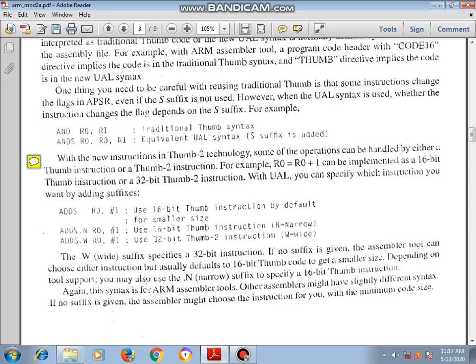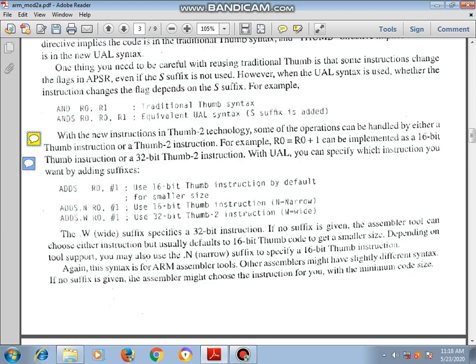Next, with the new instructions in Thumb-2 technology, some operations can be handled by either a Thumb instruction or a Thumb-2 instruction. For example, R0 equals R0 plus 1 can be implemented as a 16-bit Thumb instruction or a 32-bit Thumb-2 instruction. With UAL, you can specify which instruction you want by adding a suffix.